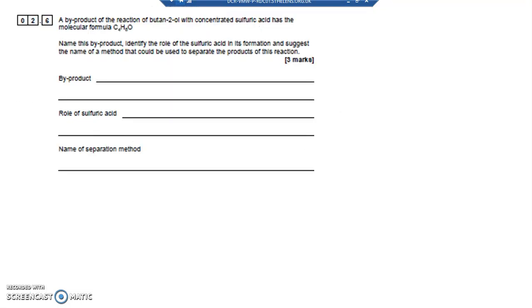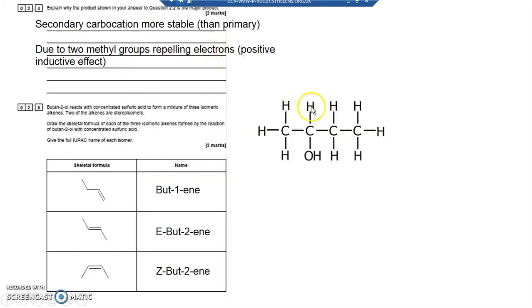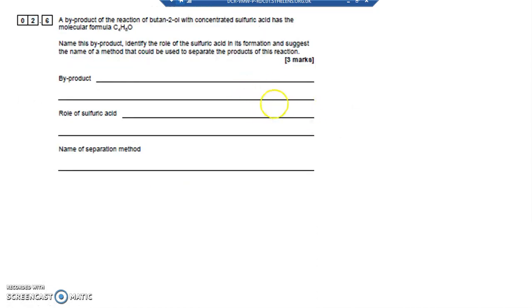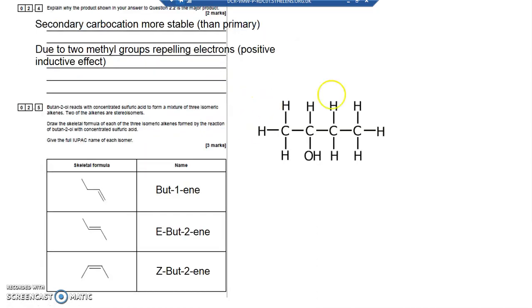However, a little known fact is that concentrated sulfuric acid can do that on its own. It's not as strong an oxidizing agent as acidified potassium dichromate, but it will do it, to a slight amount. So you could get, just with concentrated sulfuric acid on its own, it needs to be concentrated sulfuric acid, and as I say, it's not as strong an oxidizing agent, it's not going to do it as well as acidified potassium dichromate, but it could turn that into